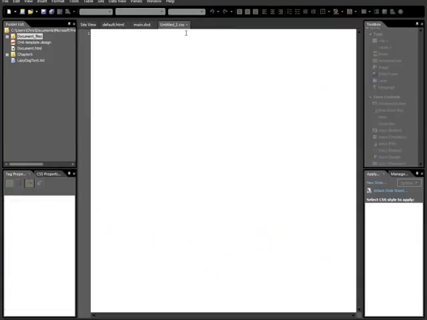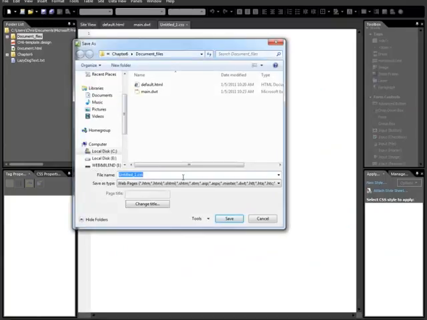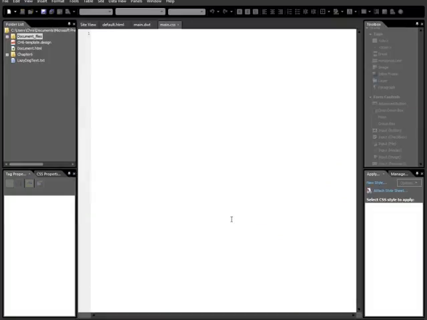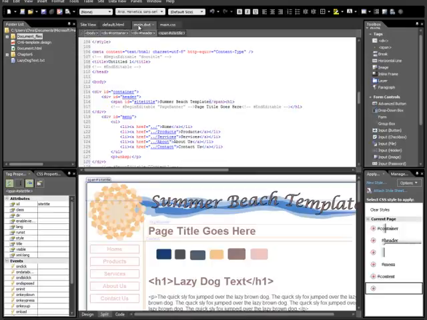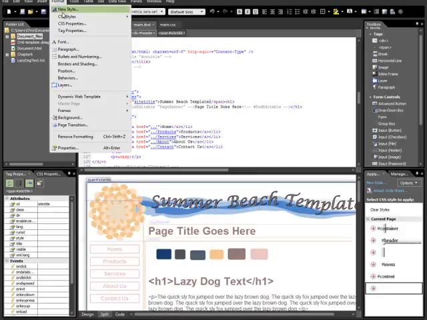I'm going to save it as main CSS, and I want to save it in the document files folder. Generally I'll call it images, but for this we'll just leave it as document files and save it in there. We'll come back to main DWT and do CSS styles,